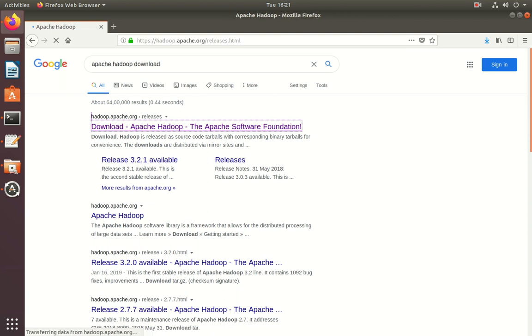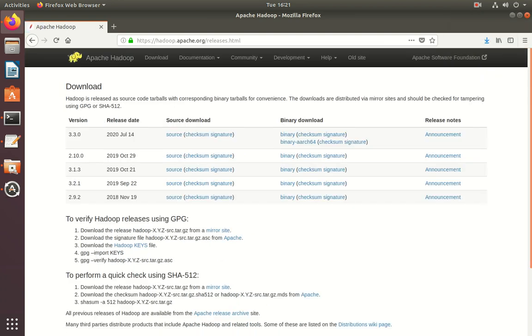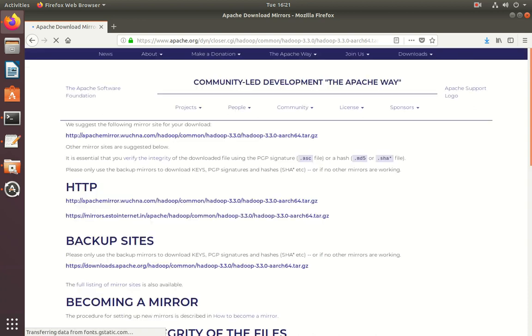Here are the different versions: 3.3, 2.10, 3.1.3, 3.2.1, 2.9.2. In this video I am going to install the latest version, that is 3.3. For the binary, my architecture is 64-bit, so I want to download this setup.